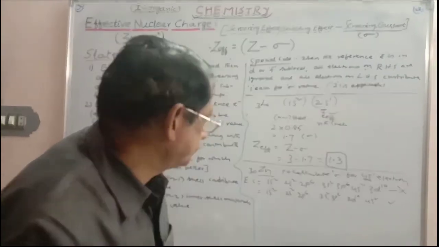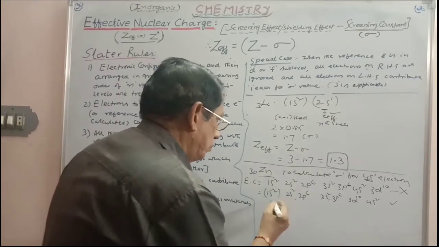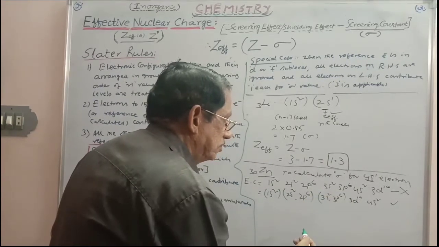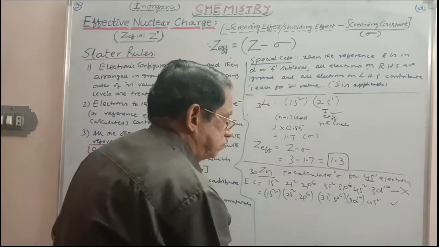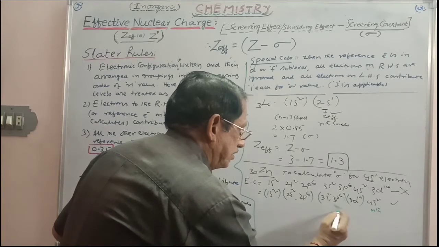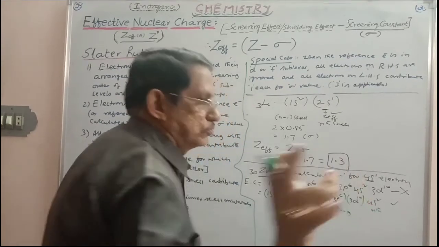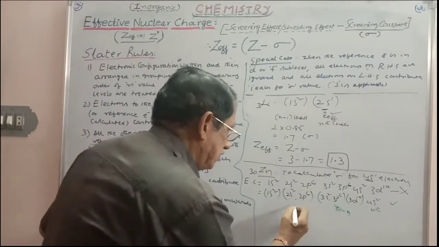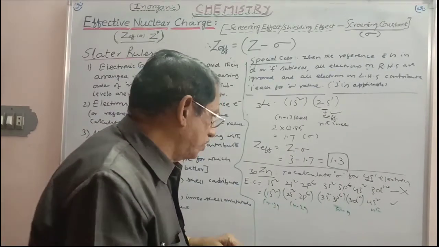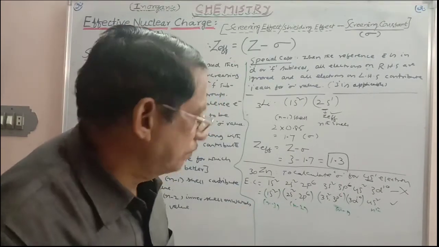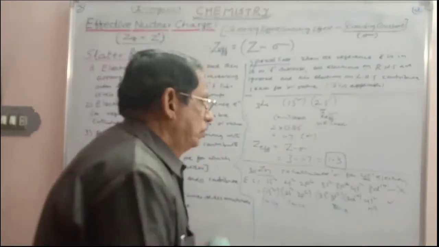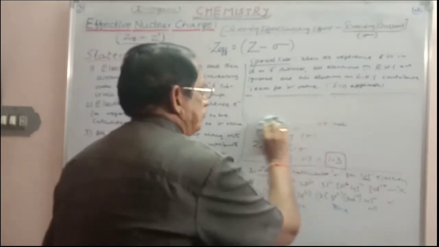Now grouping them: first orbit, one group; 2s2, 2p6, another group; 3s2, 3p6, sp, one group; 3d10, a separate group; and 4s is the nth shell. This is n-1, complete. In the n-1 shell, there are two groups. This is n-2 and this is n-3, the inner core electrons; from n-2 onwards there is only one value. Here you have to calculate the value for the 4s electron.